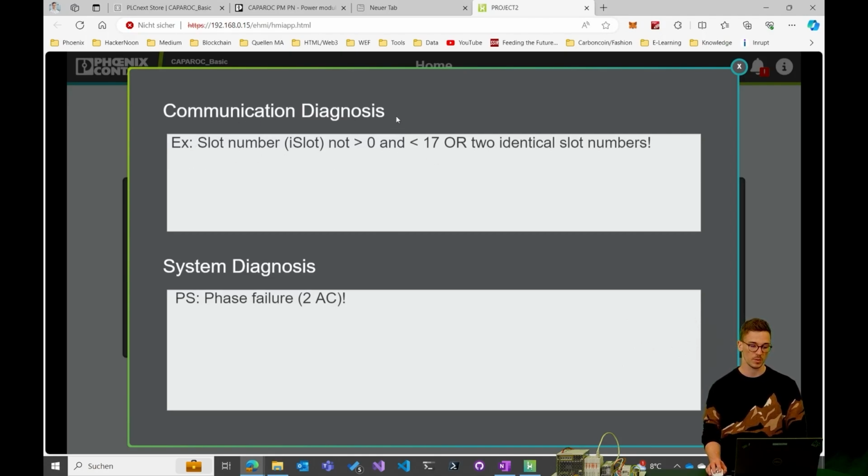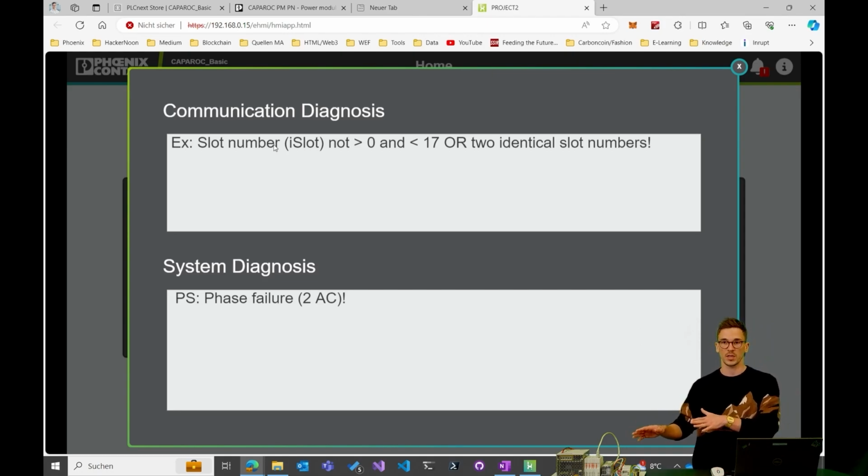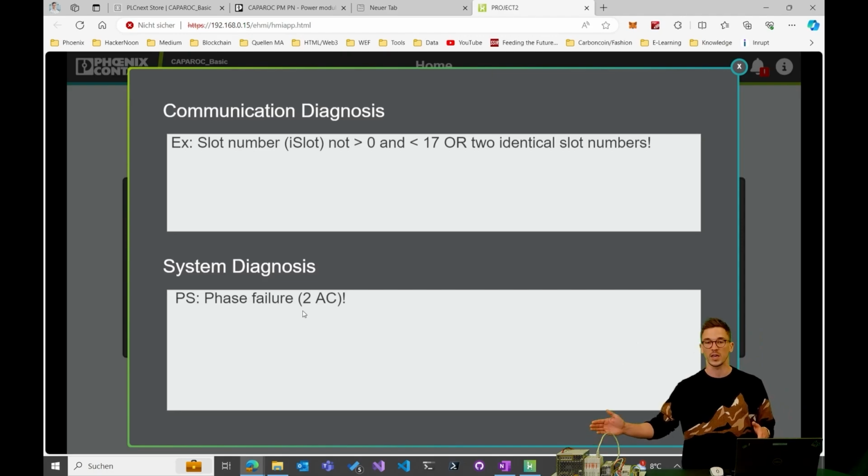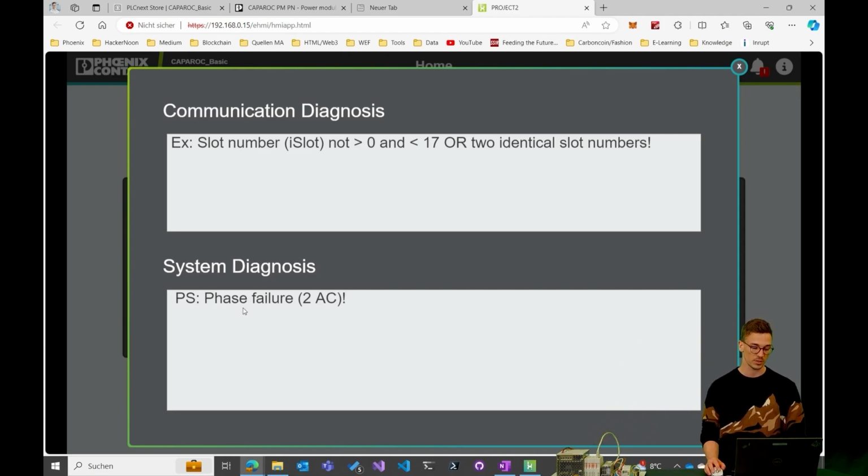This is what I mean by communication diagnosis. It's about, is the system running, is the Profinet running? This is the communication diagnosis, and the system diagnosis is really the data that is retrieved from the devices. So right now it's phase failure, like I explained in the previous video. I have no AC input attached, so this is why it throws this error.